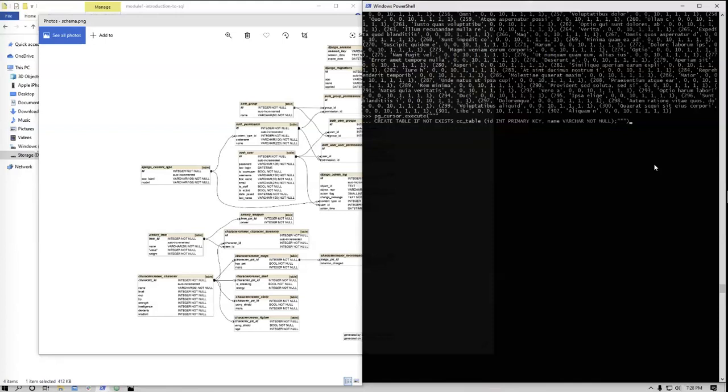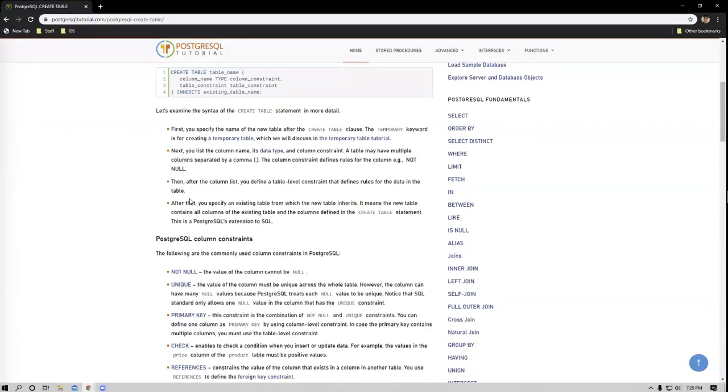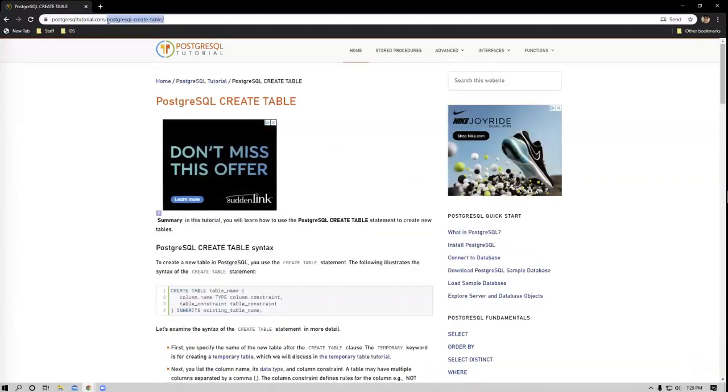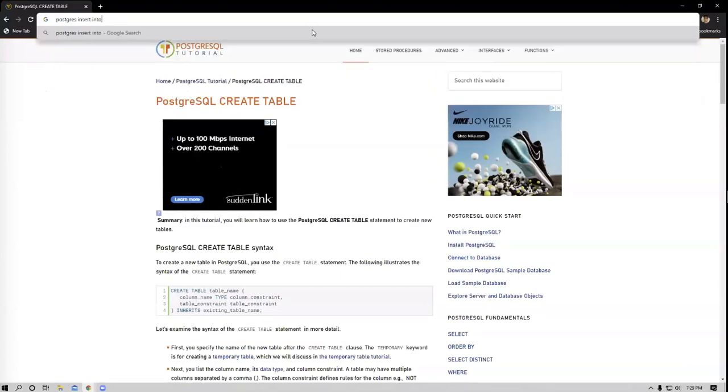And now we need to close that. And then fetch all, or no, wouldn't have to do that either. It's not going to run because I don't have PG cursor, but that's the type of command you would run to create the table, and then you would do something very similar to actually put something in it. Insert into. It's going to follow the same basic ideas. I'll say Postgres insert into.